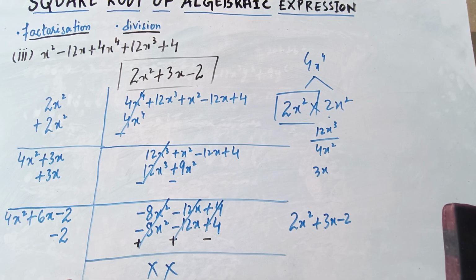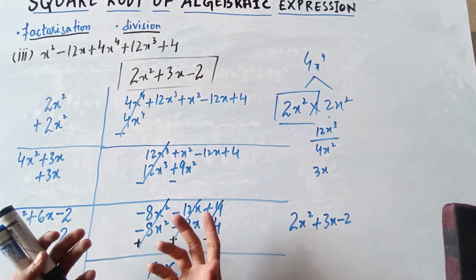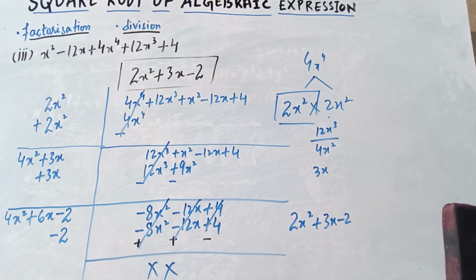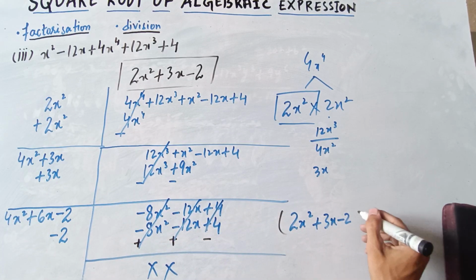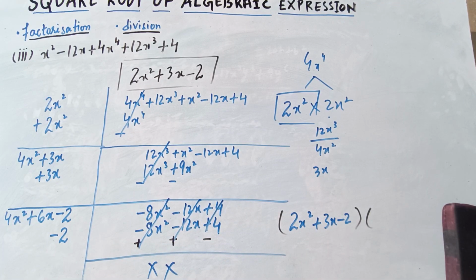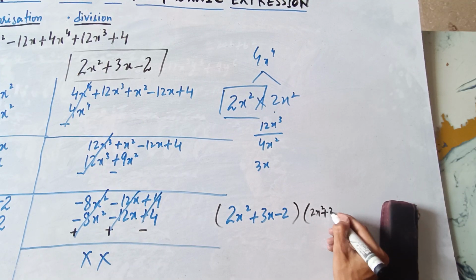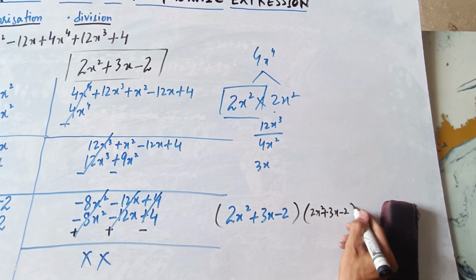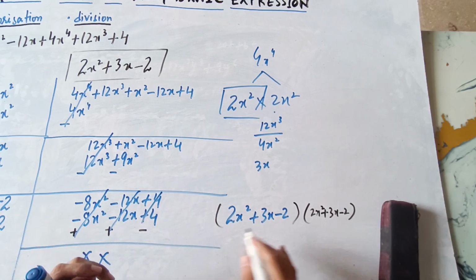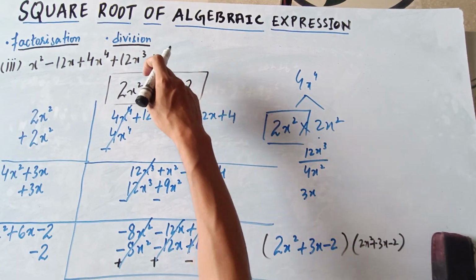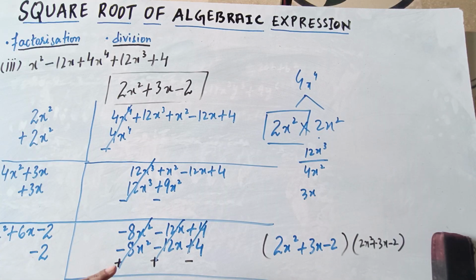Sometimes students make mistakes and they don't realize. So what you can do to find the mistake, if you get the time in the exam, is cross check it by multiplying 2x square plus 3x minus 2 by itself. You can check it by yourself, as you know how to expand the brackets. If you multiply these two brackets, you will get your question back. After multiplication, whatever expression you get should be the same as the question. It shows that you have done the correct solution.